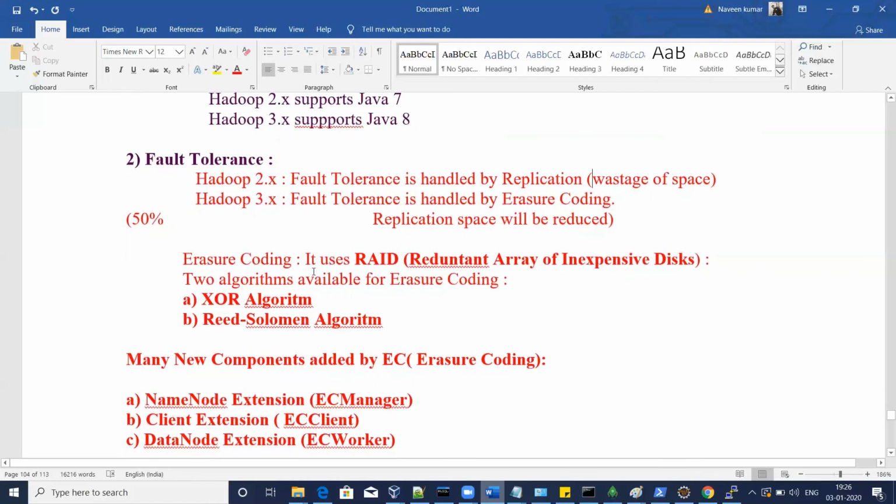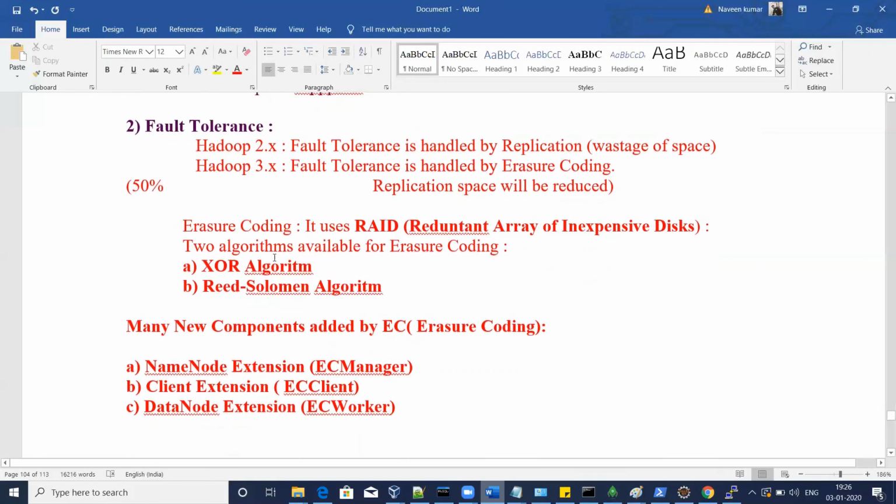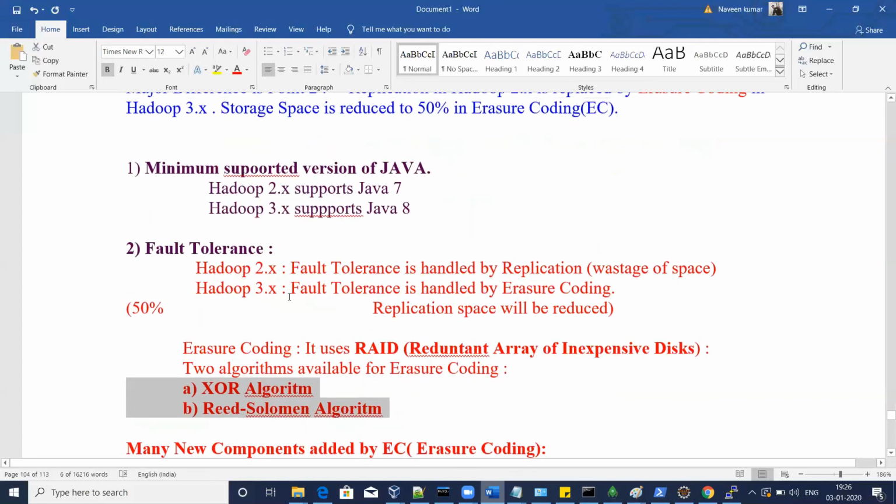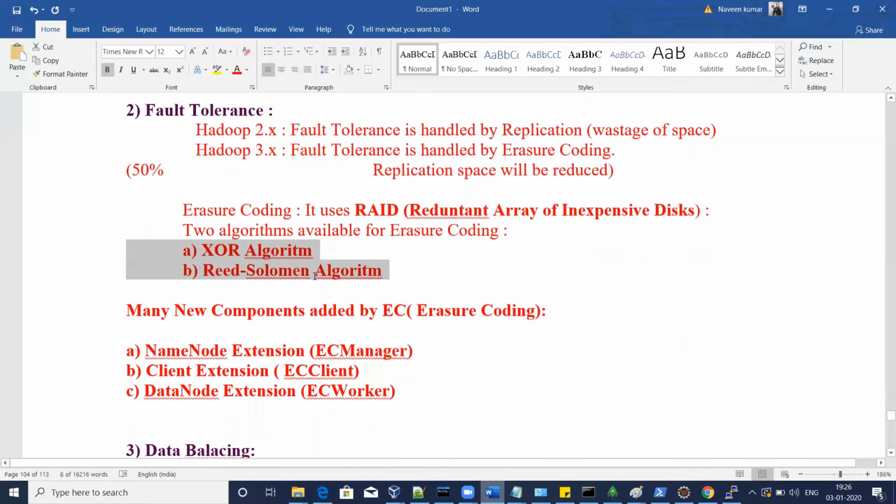Erasure coding actually uses RAID, redundant array of inexpensive disks. We use 2 algorithms for erasure coding, XOR and Reed-Solomon, to ensure the replication and the recovery of our running jobs.